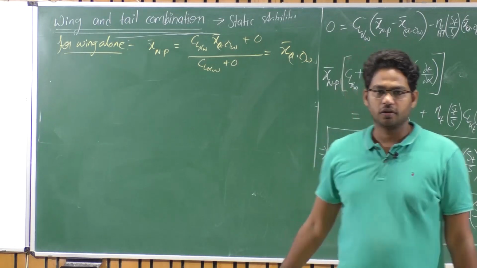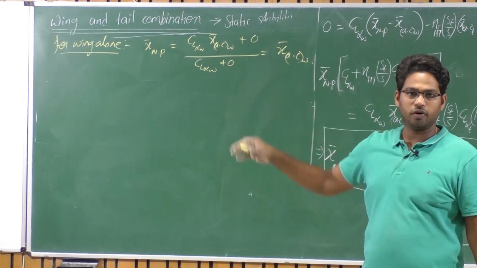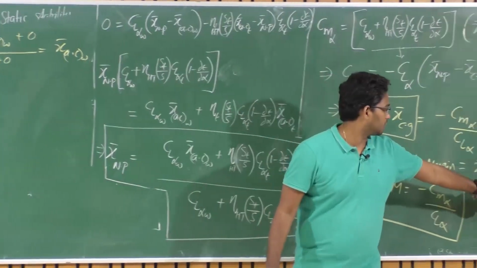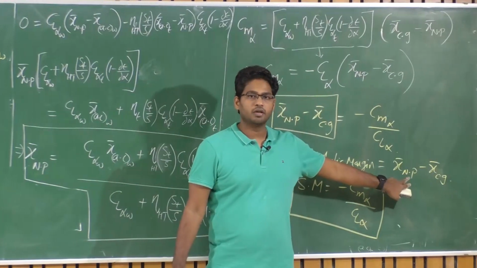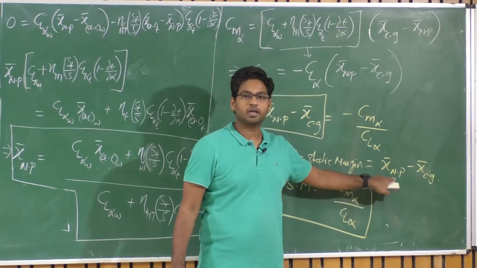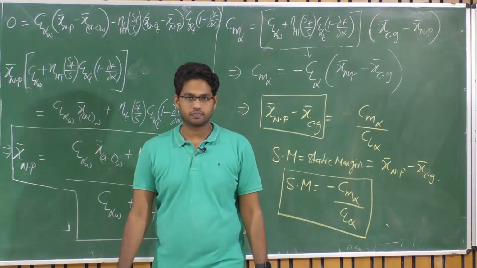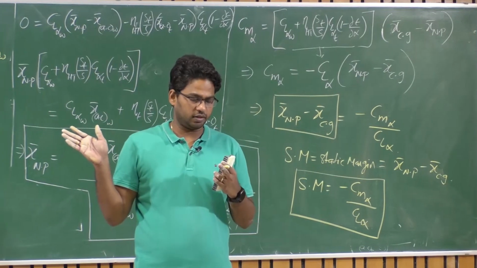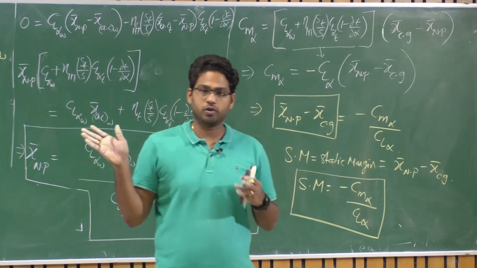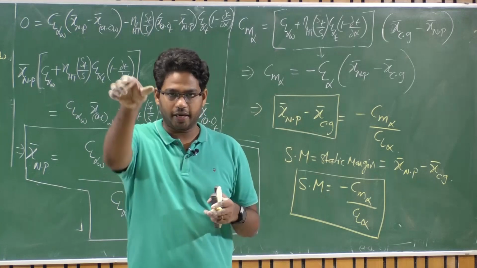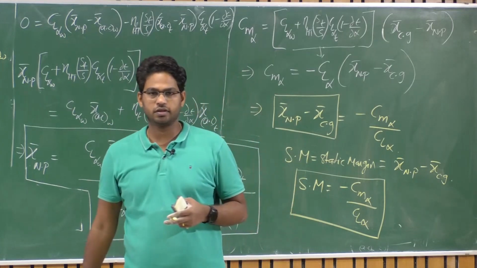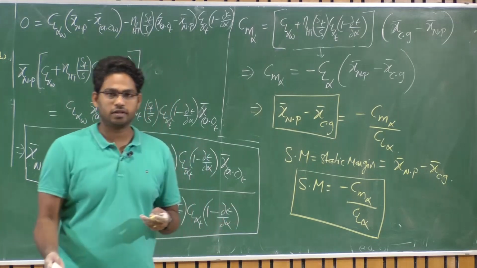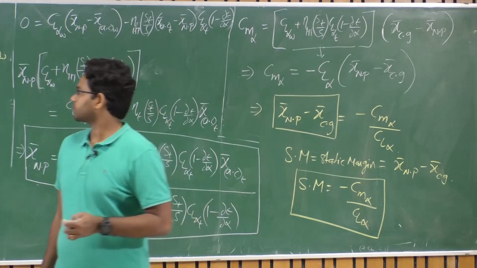So in order to have positive static margin for a statically stable case, the CG should be ahead of this neutral point, which means the CG should be ahead of the aerodynamic center of the wing. That's the reason why even during our flat plate flight demonstration, by adding a small weight, we shifted our CG ahead of the neutral point, which is the aerodynamic center in that case, right?